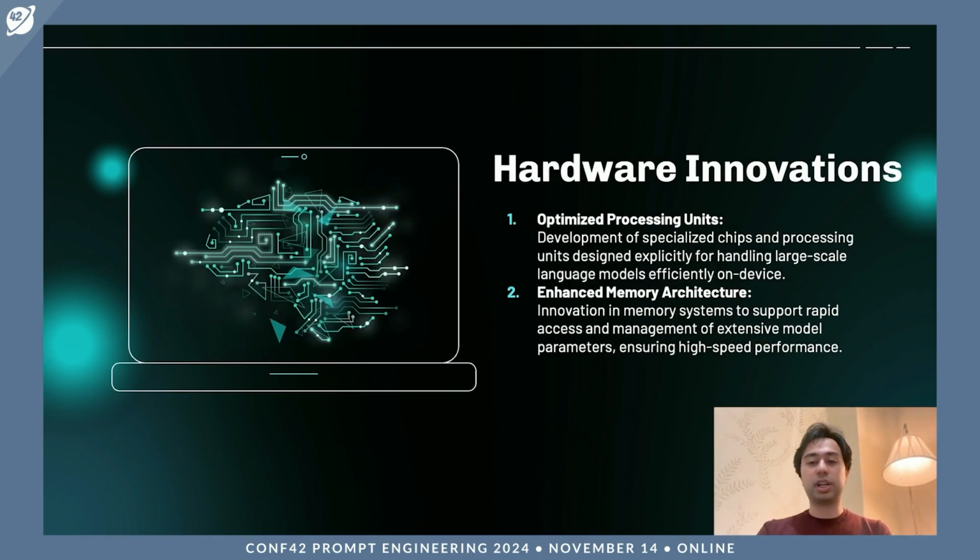And then on the hardware side, we need optimized processing units to run bigger and bigger models. Instead of 10 billion models, we should be able to run 30 billion or higher models. But also we need an enhanced memory architecture. This would be the RAM system, because these models need to be extremely quick. So they need a really solid memory architecture. I'm not a hardware expert, so I can't go into details about these topics, but at a high level, in what I've discussed with hardware experts, these are the two main frontiers we need to push.